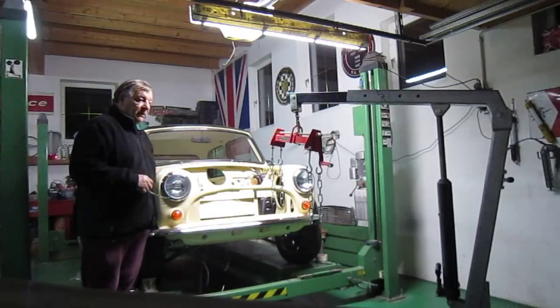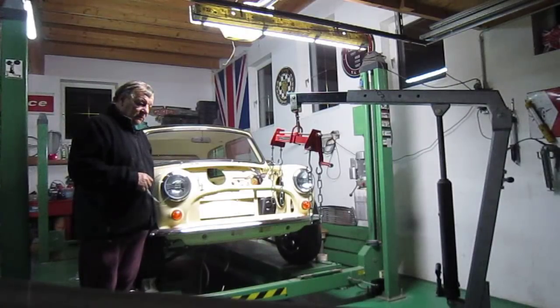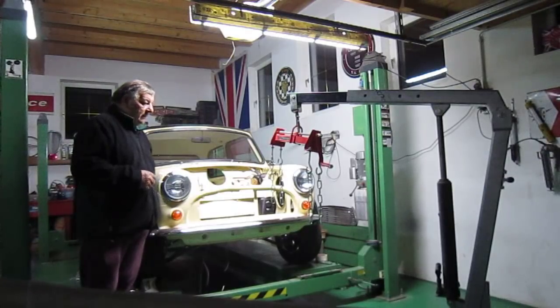I've taken quite a few Mini engines in and out over the many years I've had. The very first car I ever had when I was 17 was a Mini, a little Mini Minor, I think it was, a very early one, a 60s one. Anyway,